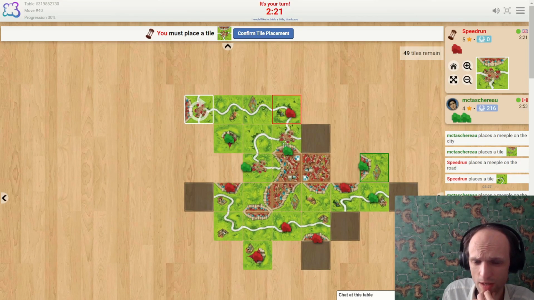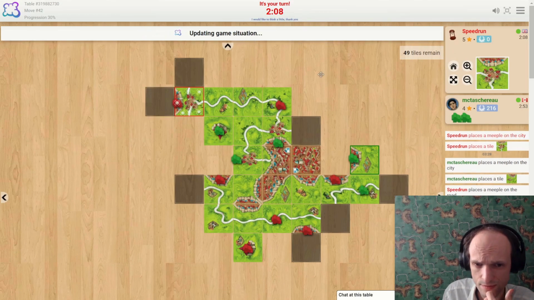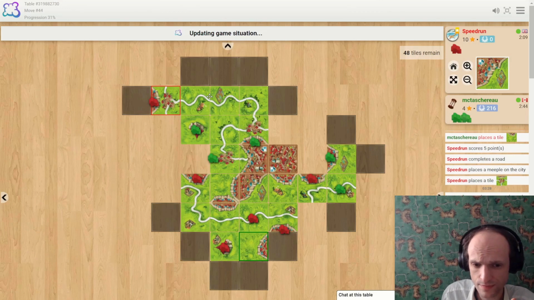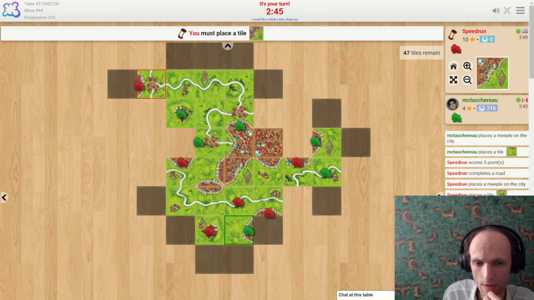So now I'll be completing this 5-point road. Again, splitting off this is not as important, and also I need to get a meeple back. Finishing this city I can do way later. So I'm finishing a 5-point road, starting a new city, and this just shows you why you need to meeple things, basically. Because my opponent left this road unattended,